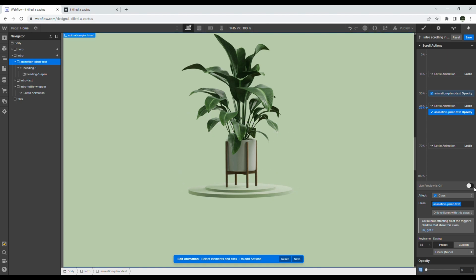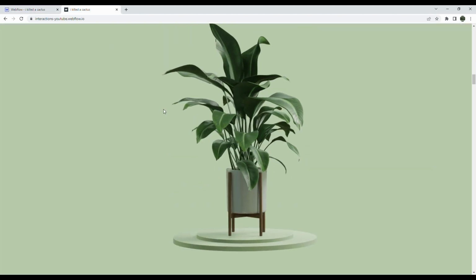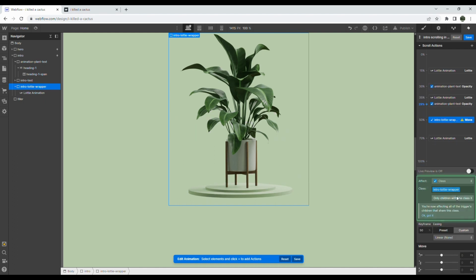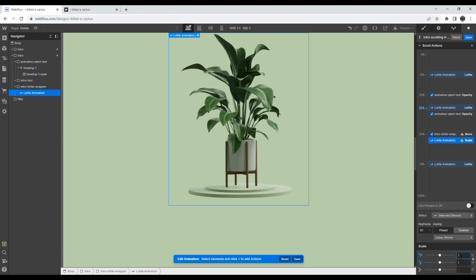Okay. The next thing that I want to do is get our Lottie wrapper, and this is when that Lottie wrapper kind of starts to move, and then it scales up to be bigger. So grab the Lottie wrapper, and at 50%, this is just the starting part of our animation, so we're just going to have it move 0 VW, and it's also going to be scaled, not rotate, sorry, scaled to 1. And then at 60%,